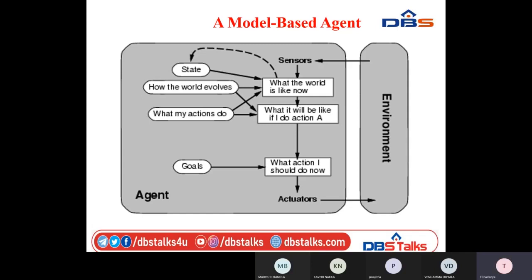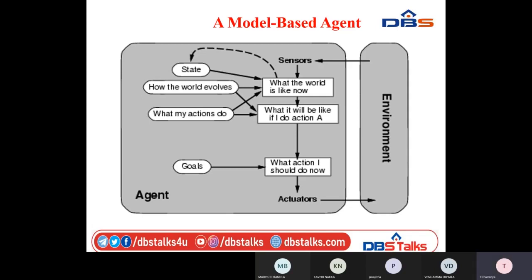In that criteria, how the world has evolved and how it is giving solutions to the particular problems. For that, as an agent, what kind of action can I prefer? That is, what should my action be. What will it be like if I do an action A? In such cases, what is our goal here? The goal has to be set, synchronized with when the action should be done now, so the goal and action are the same. Then the actuators pass the response to the environment.